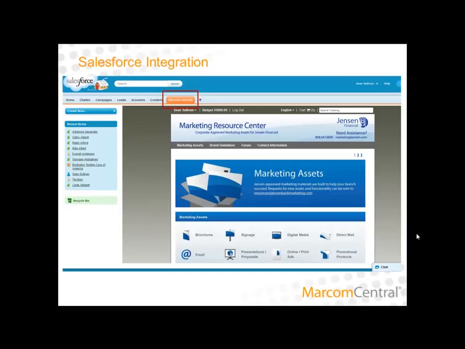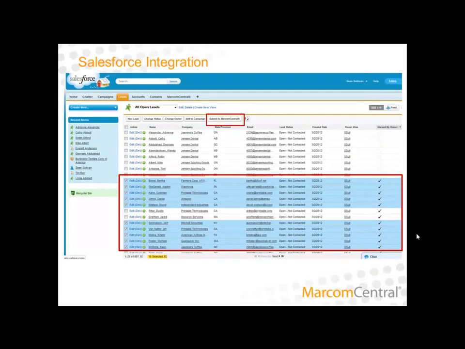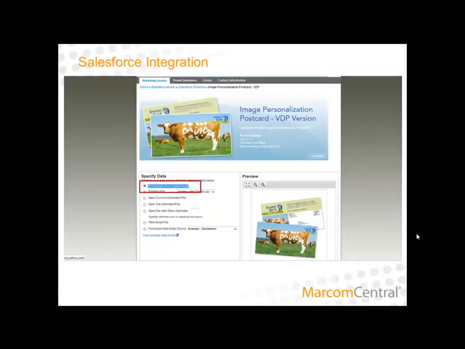Within Salesforce, users can search and find marketing content and assets to be used through various stages of the sales cycle, and also be able to incorporate lead, account, and contact data into templates configured on Marcom Central. CRM data such as name and address information, as well as other fields of data like product interests, can be tied to business rules within the template to personalize the outbound messaging and allow campaign management through the media of direct mail and email,